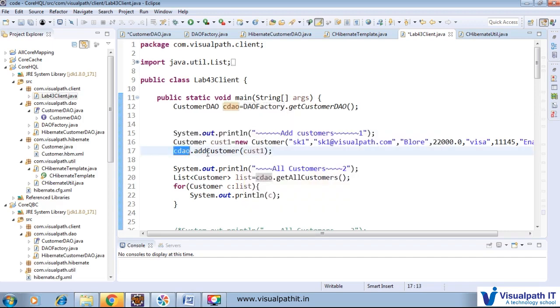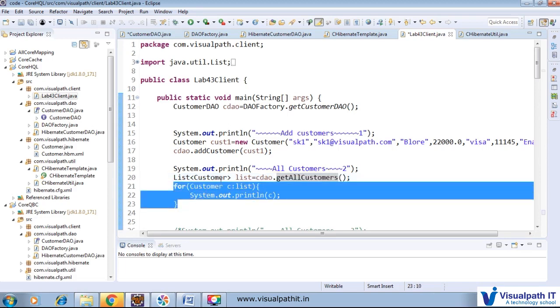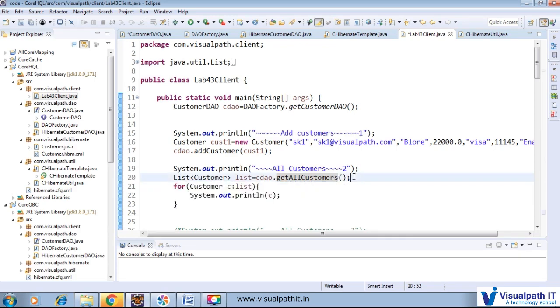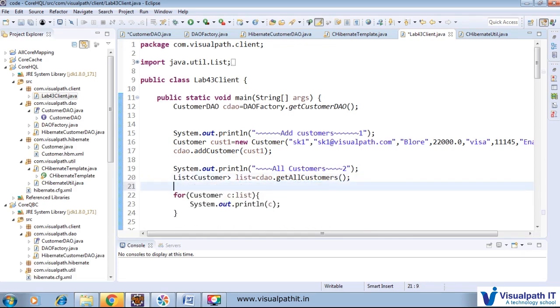So we'll add the customer, we'll call CDO dot add customer, pass that particular customer and add, and after that we have a get all customer. So we'll call this get all customer. After that we just want to loop through all the customers and print in the console.